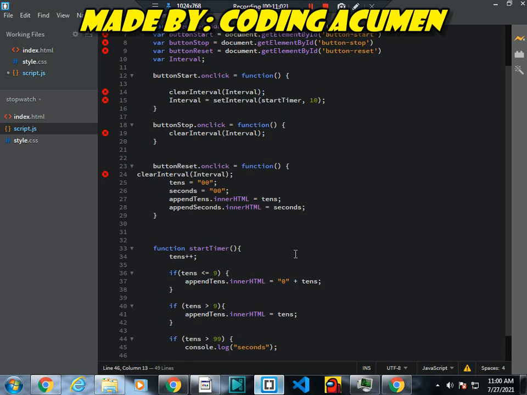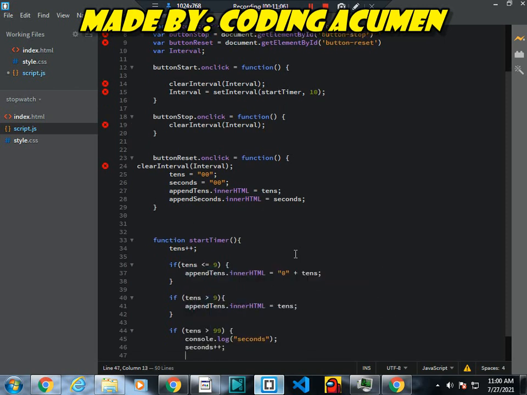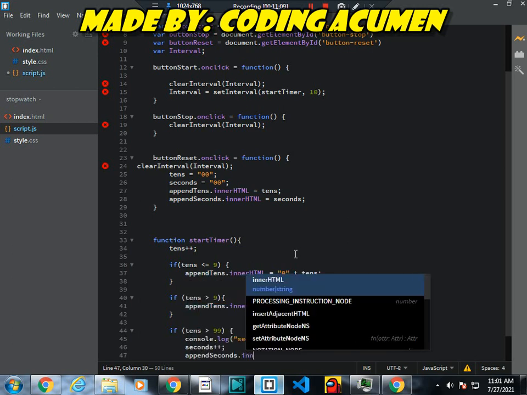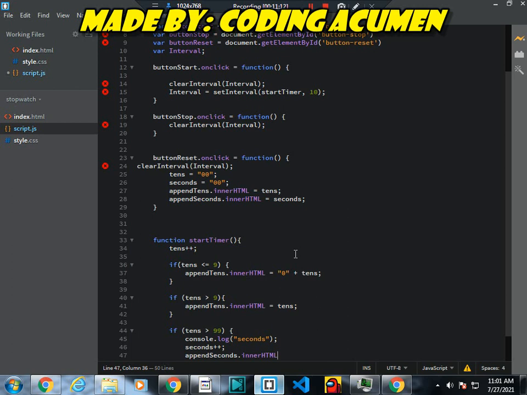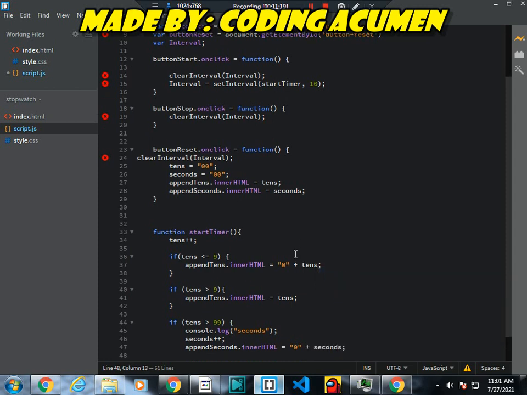After this I will write seconds, and set the seconds to plus plus. After this I will write appendSeconds dot innerHTML, and here I will write equal to 0 plus seconds. And after this I will write semicolon, and here I will write tens and set the tens to 0.